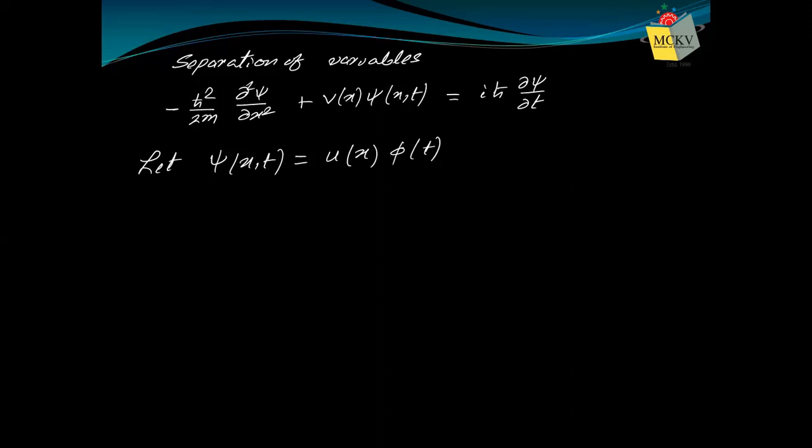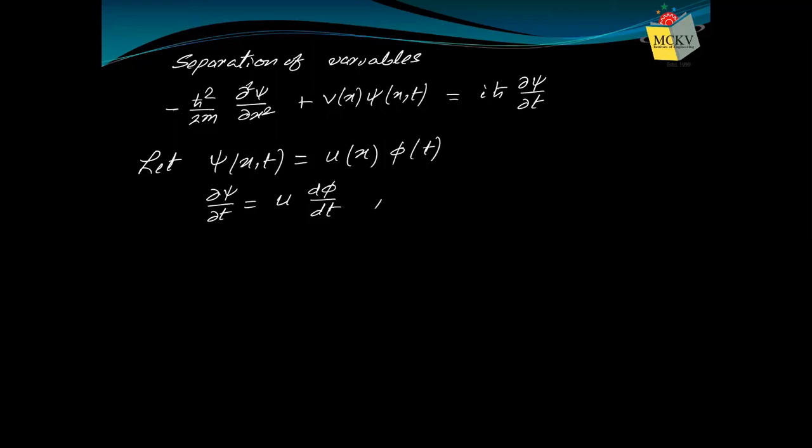Then what we require? Del 2 psi del x2. What we require? We require del psi del t. We will do it first. Del psi del t. What is del psi del t? Del psi del t means u is independent of time, so it is constant. It will be d phi dt. Observe, instead of del, now I am writing d. Why I have written del here? Because psi was a function of two quantities, x and t. That's why I have to use partial differentiation. Whereas phi is a function of time only. No other option. So that's why d phi dt.